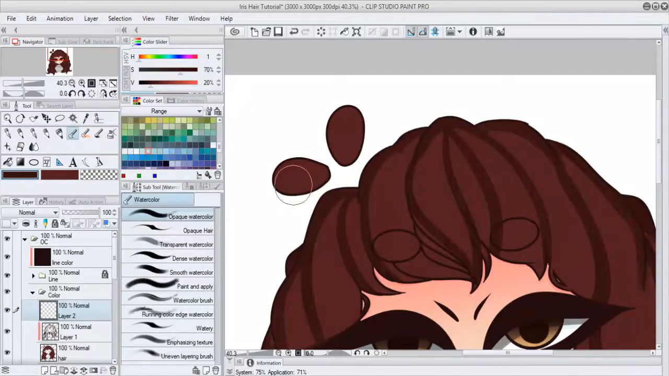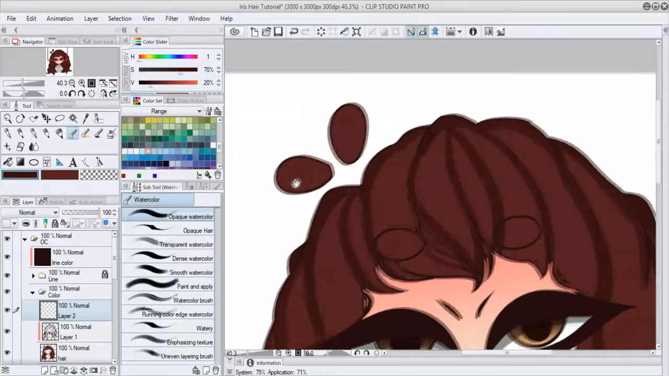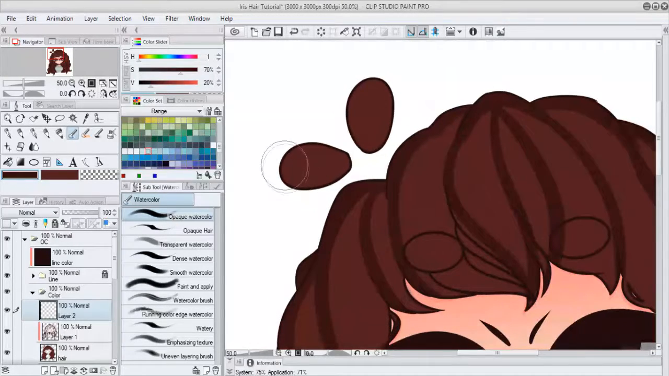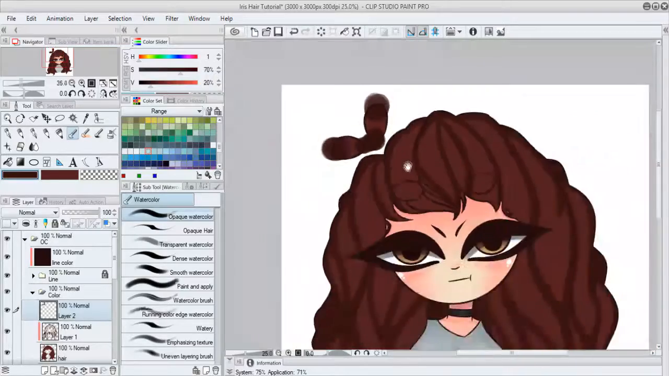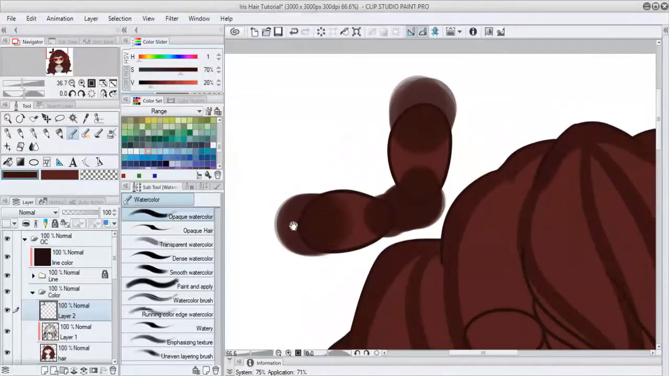I'm gonna put this on another layer to make it easy. So I'm gonna go with the opaque watercolor, and we're gonna shape the ends of it like this, like that, and like that. Now this looks really weird, but when I clip the layer, the only thing you're gonna see is, when I clip the layer,